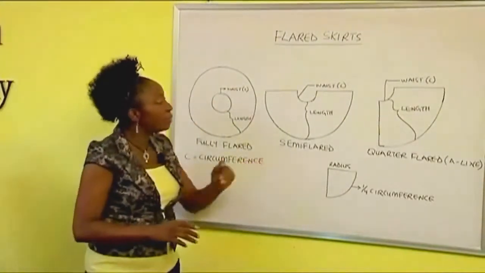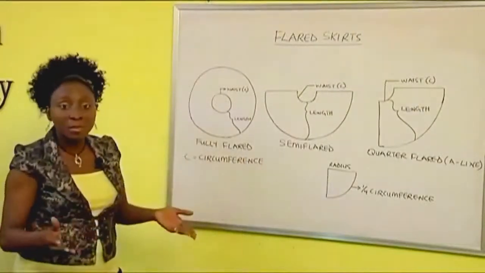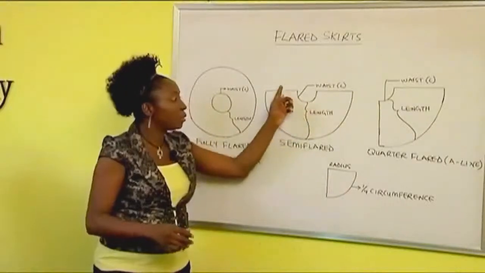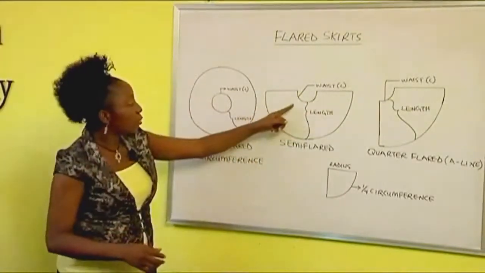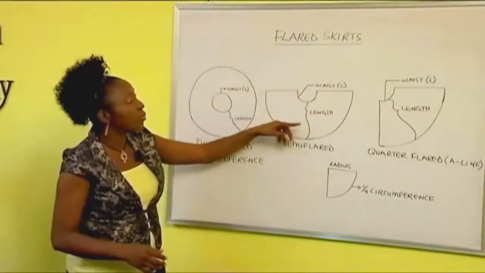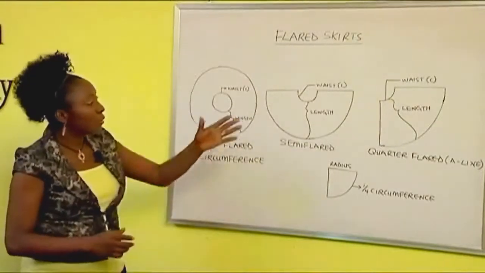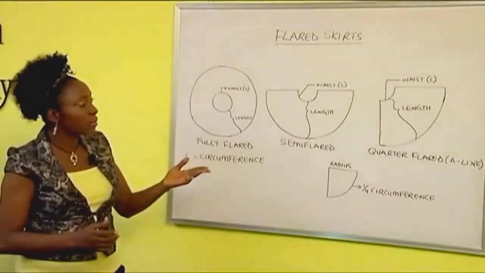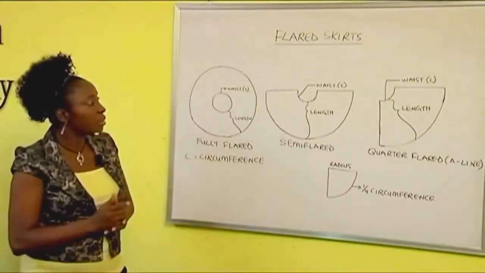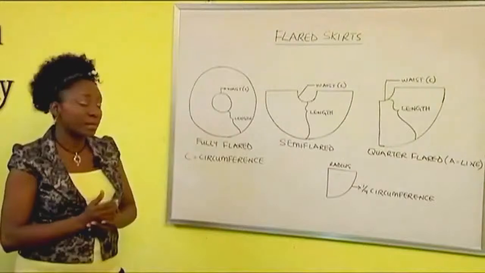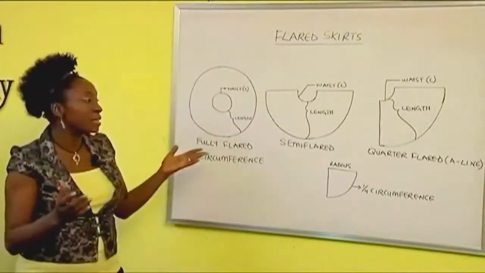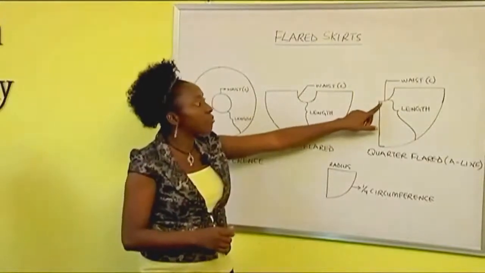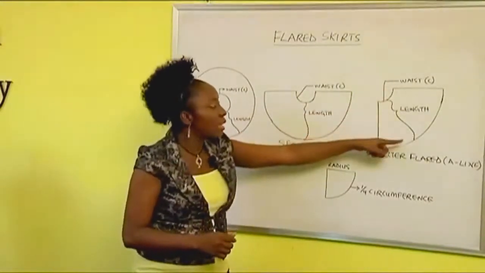Now if you look at the semi-flared skirt, you can see that it's a semicircle. We have the inner semicircle here representing the waist, and the distance between the 2 semicircles will give you the length. The third one is a quarter circle, called the quarter flared skirt, also known as the A-line skirt. It's not as flared as the others, obviously. This quarter circle in here represents the waist, and the length is in between